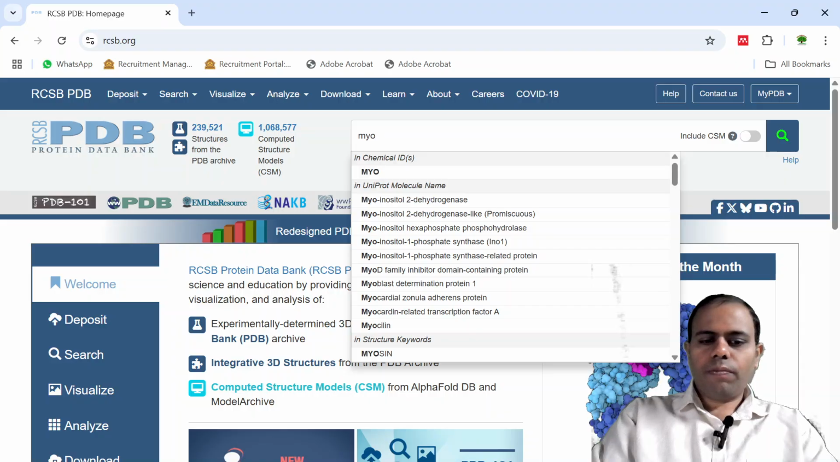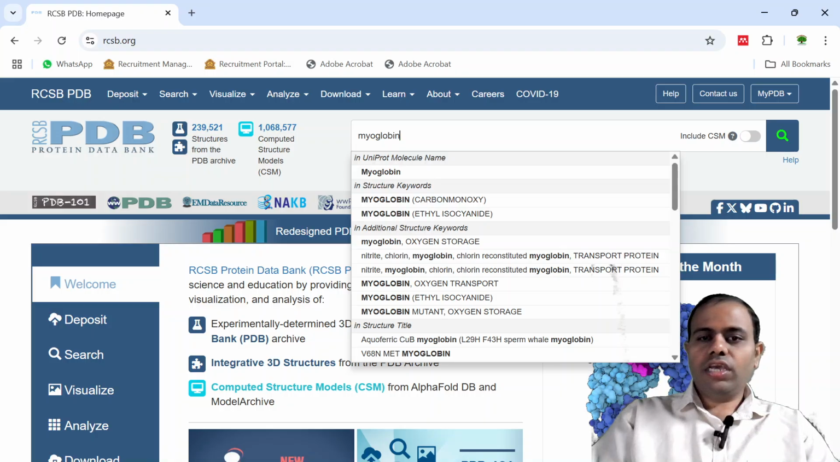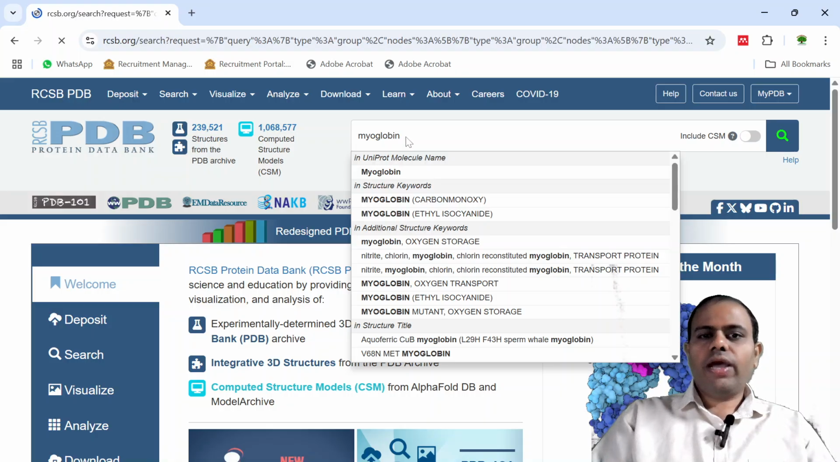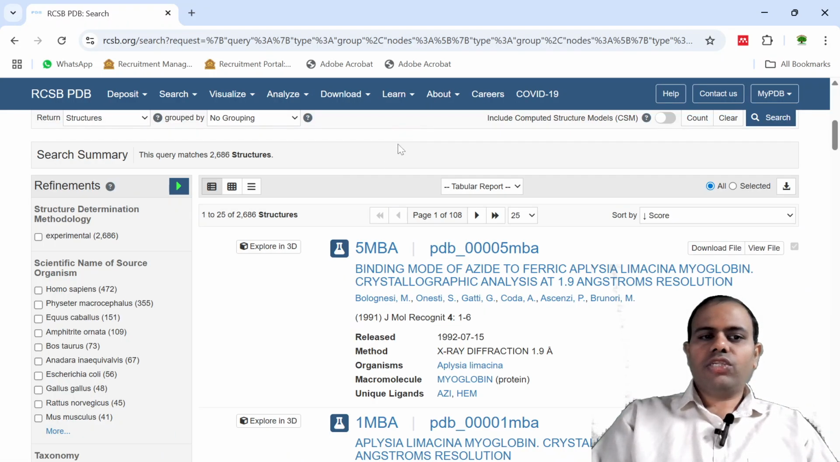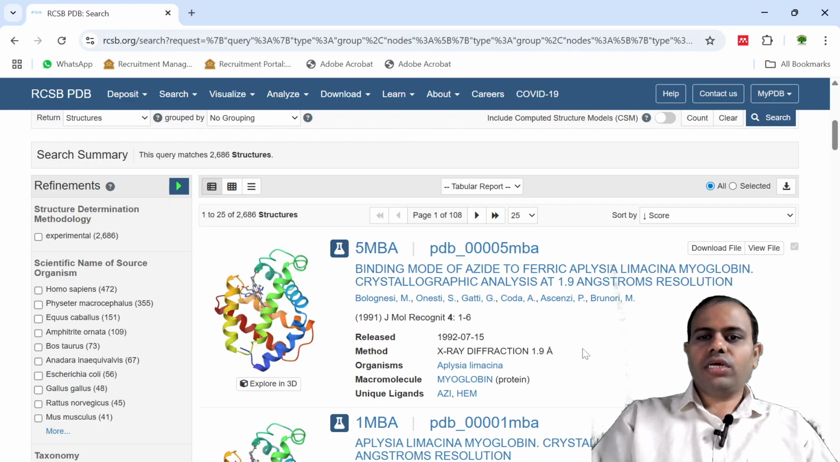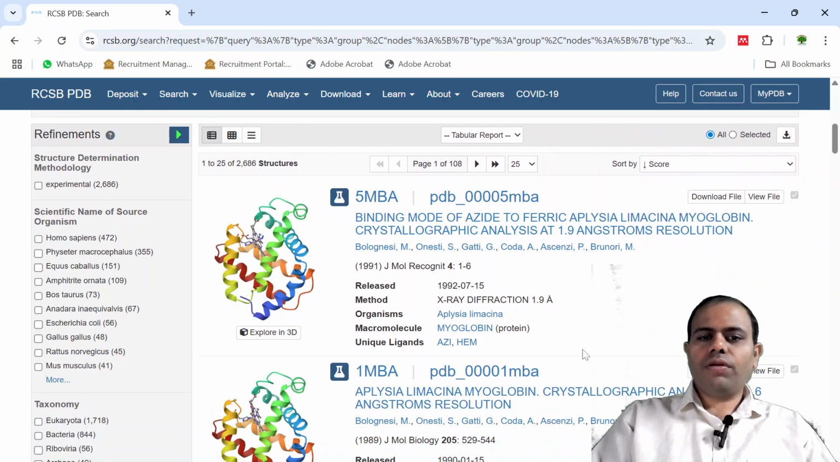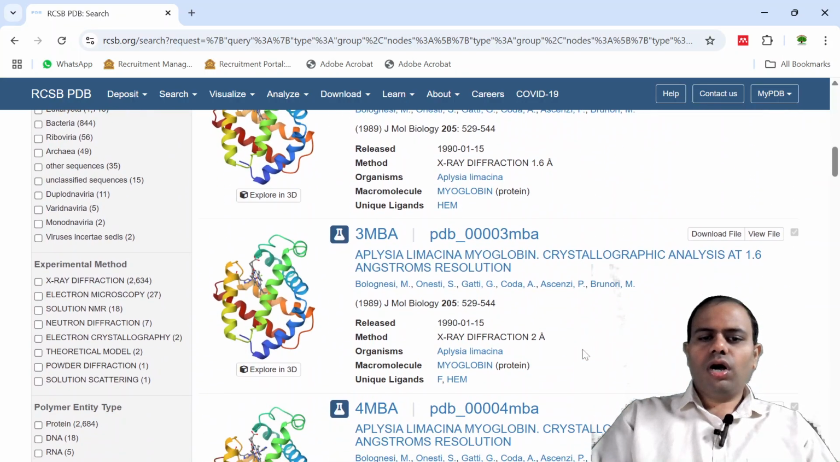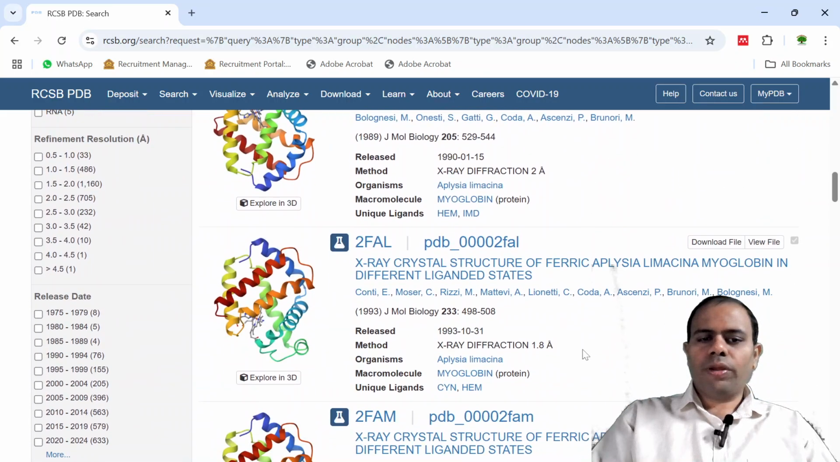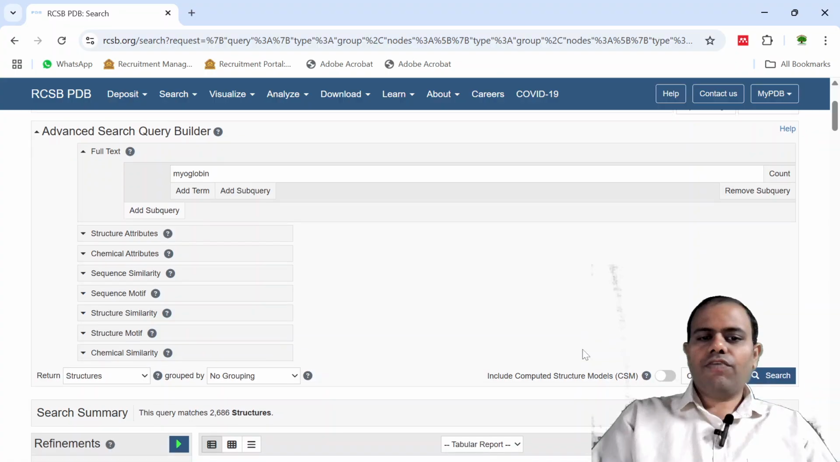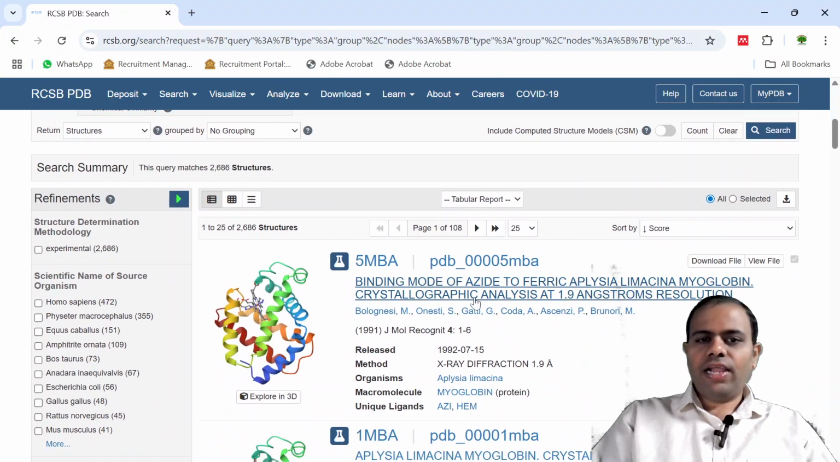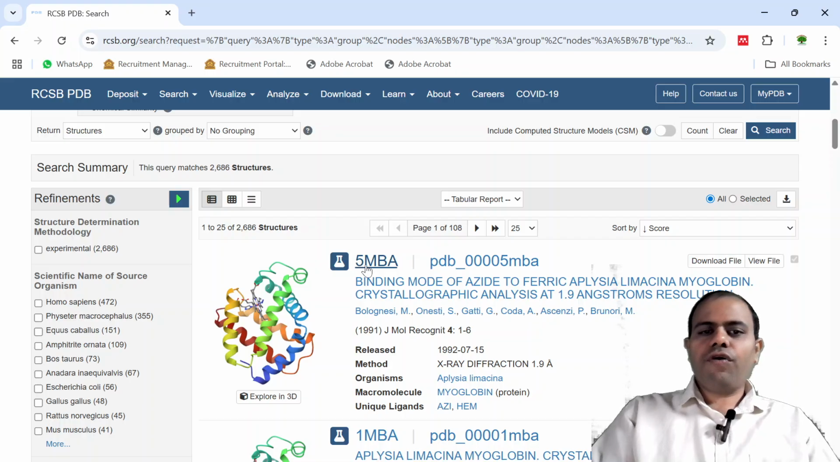So I am putting a keyword as myoglobin. When I put myoglobin and search it, it is going to show me a number of results. You can see the number of results shown here. These are all related to myoglobin. For example, if I want to analyze the first file, which has the PDB ID 5MBA,